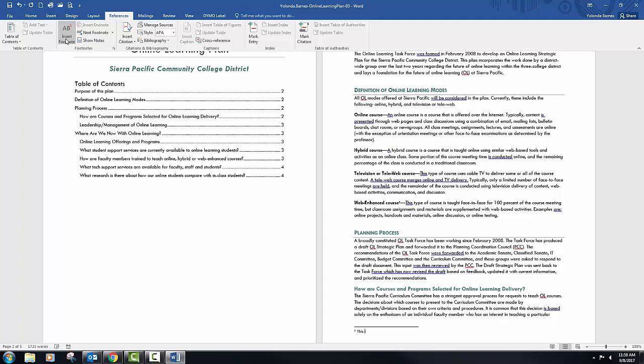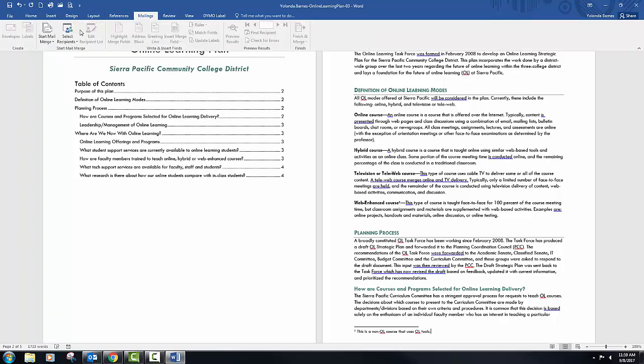Type "This is a non-OL course that uses OL tools." Don't forget your period. And again, don't forget to proofread. You want to proofread. All right, next,